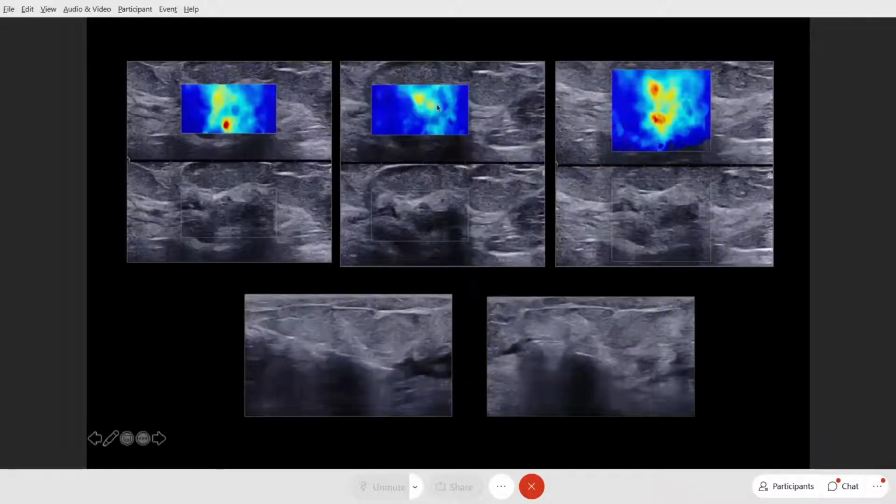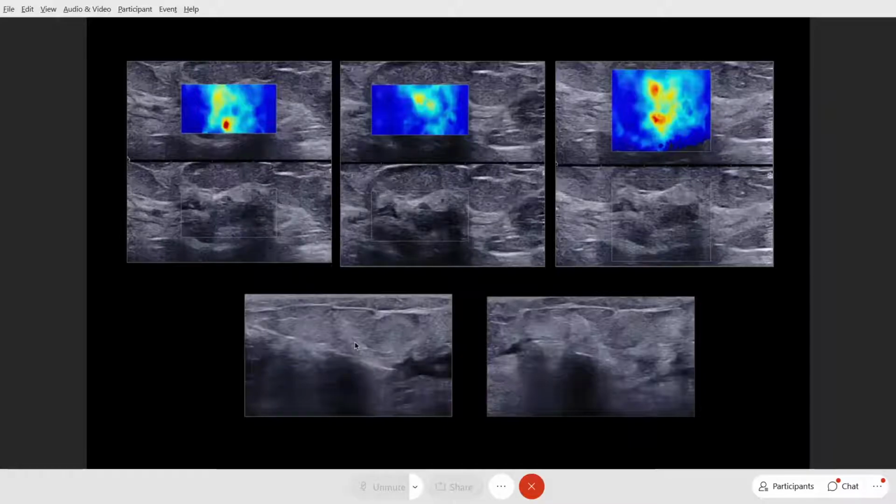On ultrasound, with a careful scan at one particular area, I was consistently getting abnormal elastography values, and I targeted that lesion, and that was a DCIS. So this is a case where definitely we could perform a stereotactic biopsy, but the clinical condition did not allow me to perform a stereotactic biopsy.